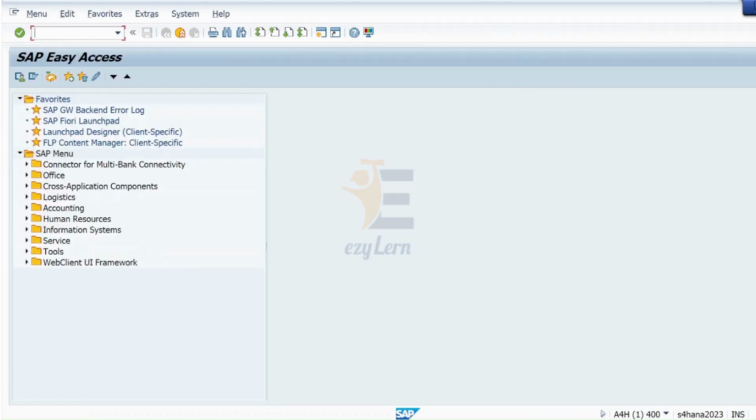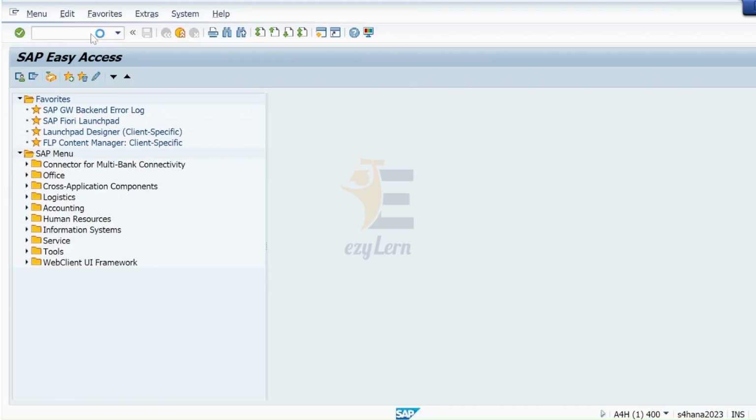In the rest of the 3 ways, every time the system will throw me a pop-up message: do you want to log off or not? Like a permission. But in that last option, once I use /NEX, in a single step itself, it logs off. So that's the difference with this last type of log off using T code /NEX.